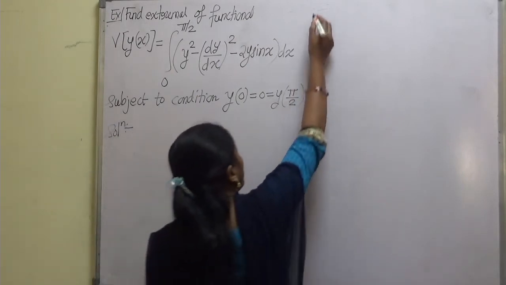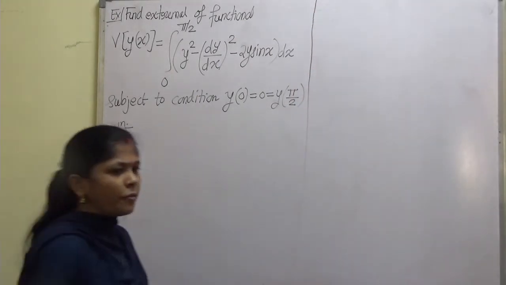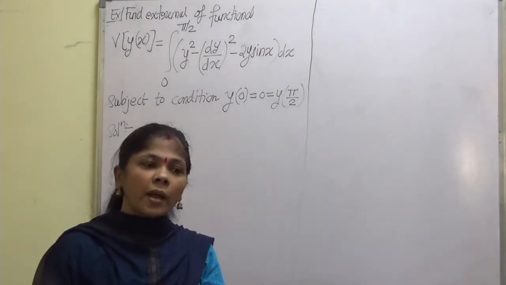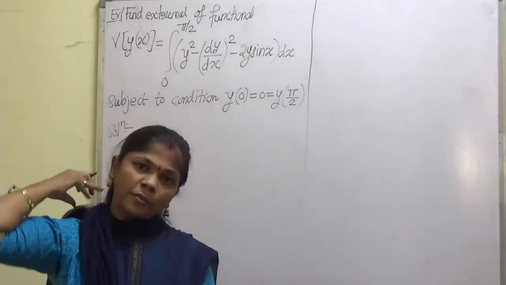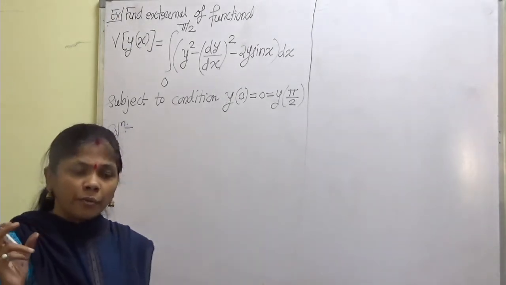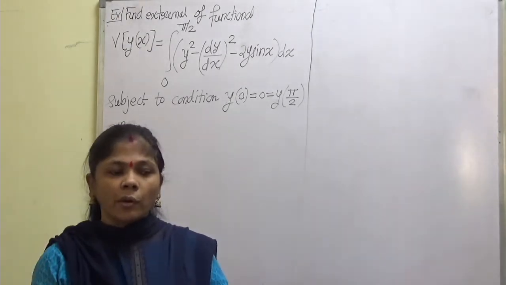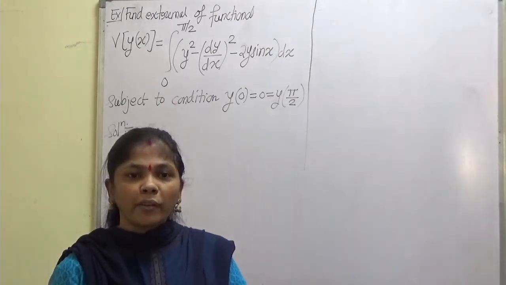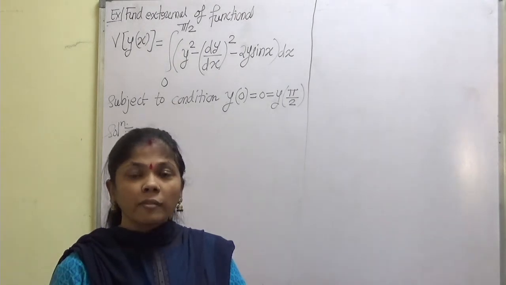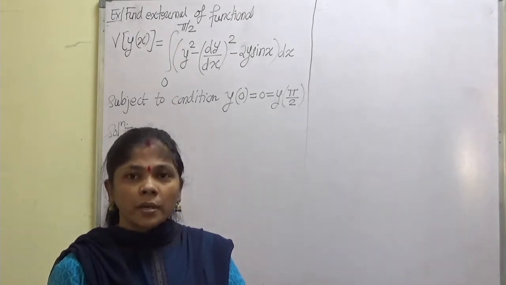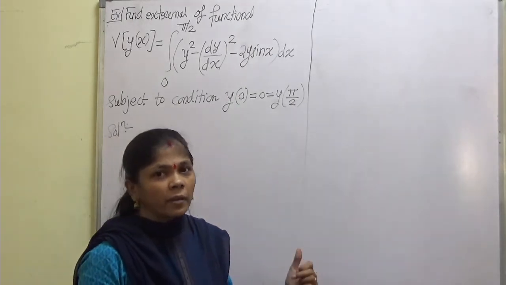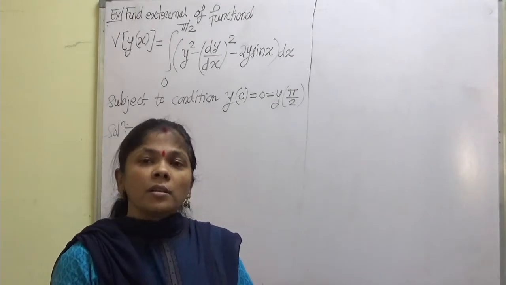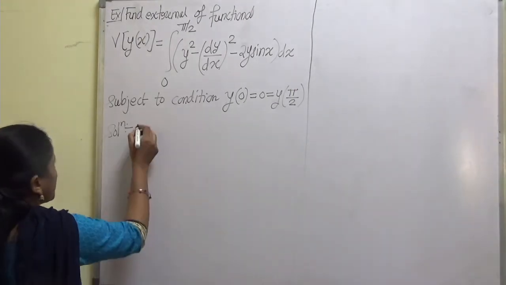Steps are fixed. What we will do? We will first identify f, right? That is the integrand. Then according to its dependency, you will have to select the proper form of the solution and then solve that. You will get an ordinary differential equation. Then apply the appropriate method to solve that ordinary differential equation. You will get the curve which will involve the arbitrary constants, and then if conditions are given, make use of those conditions to obtain the desired particular solution, right? So let us start with this.